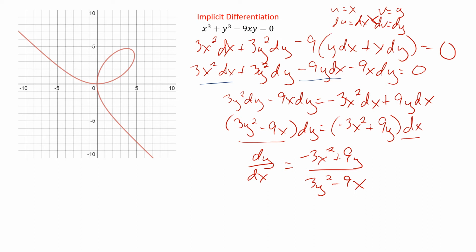Now, thankfully, we don't have to do much here. We could find the derivative at a certain point, like say at 3, 1. 3, 1 is a point on this graph. We could plug it in. 3 squared is 9 plus 1 minus, I'm sorry, that's cubed. 3 cubed is 27 plus 1 is 28. Minus 9 times 3 is 27 plus times 1